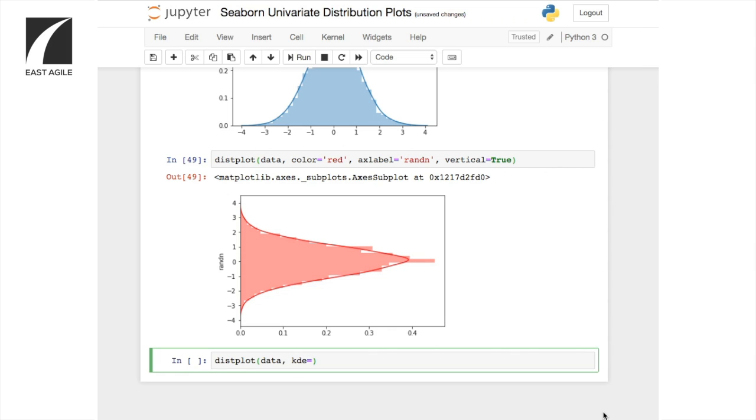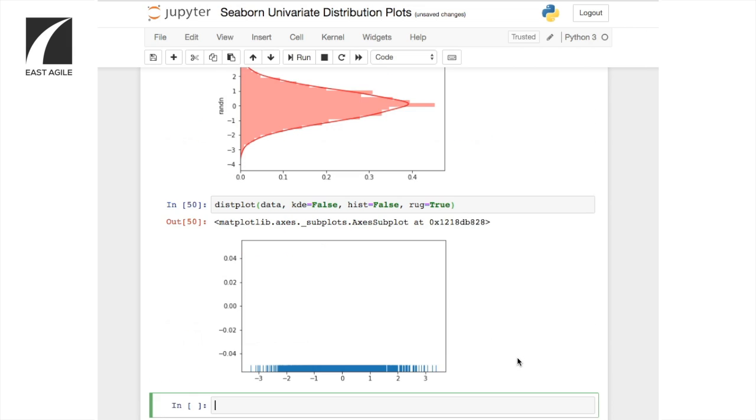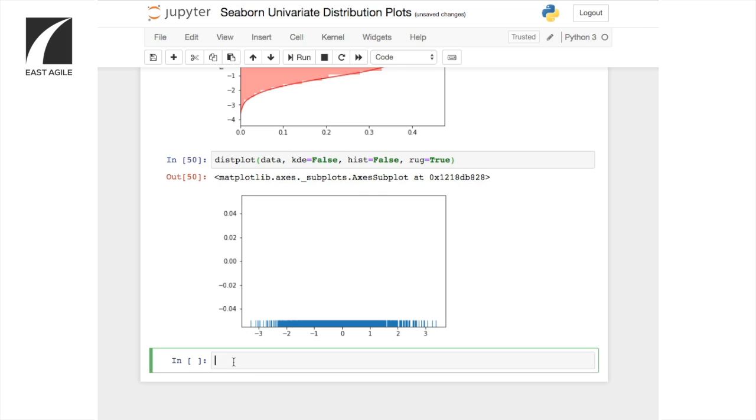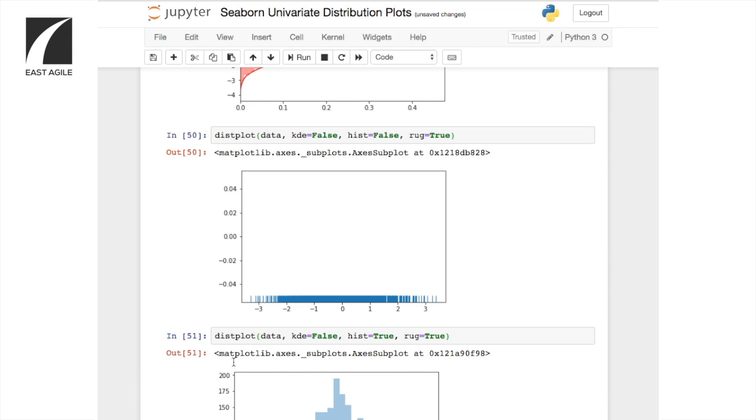The different components of this distplot are the kernel density estimate, the KDE, the histogram, and the rug plot. KDE and histogram are on by default, and rug plot is off. Here's what the rug plot looks like. Little dashes, one for each data point. If we turn off the KDE and leave the histogram on,